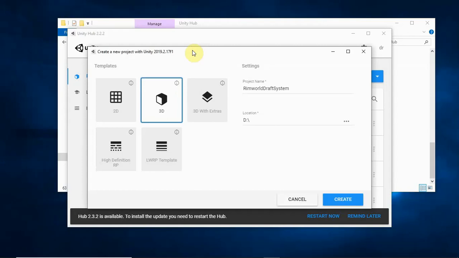Today we are doing something very cool. We're going to be making the draft system from Rimworld. If you haven't seen the video where I did the planning and explanation, there will be a card up about here, as well as a link in the description below. So if you want to know what we're doing today, go quickly check that out, pause it here, I'll wait for you, and come back when you're done and you'll know what we're doing today. But yeah, we're making the